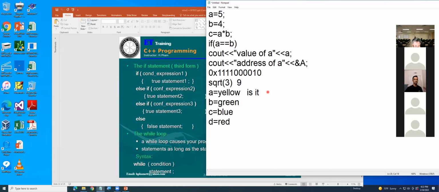Now, you are looking for the red. Is it red? The answer will be yes or no. Now, if it's not red, then you go to the second one. Okay, is it red?